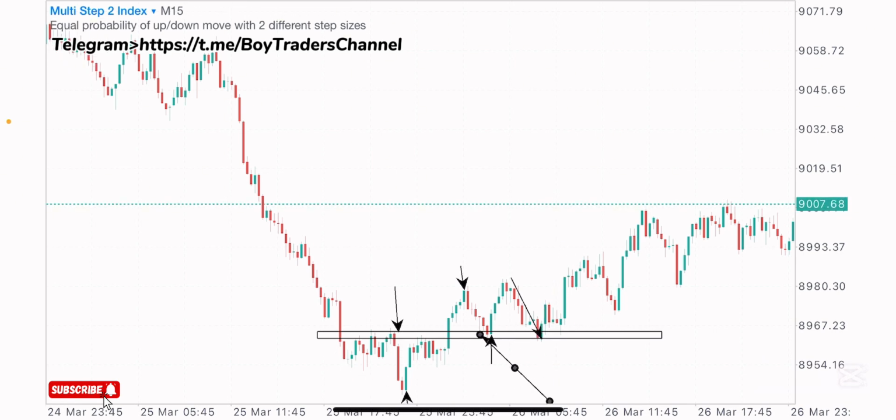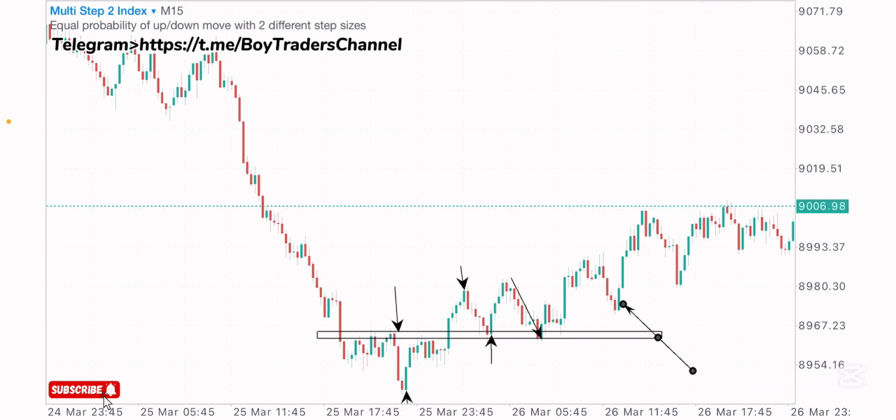So price coming back to this historical level, which we should actually get a higher low formation, but it came to form an equal low, which is not bad as well, because equal lows and equal highs form in a bullish market structure or in a bearish market structure. So price coming back to this historical level, coming to form an equal